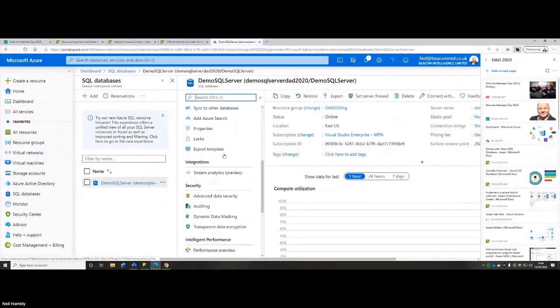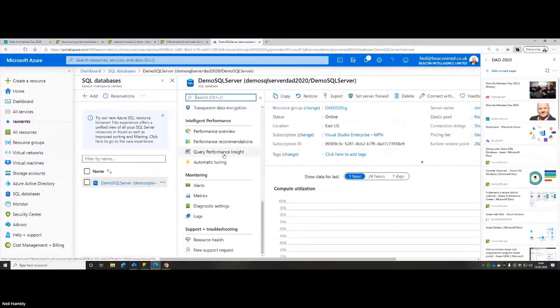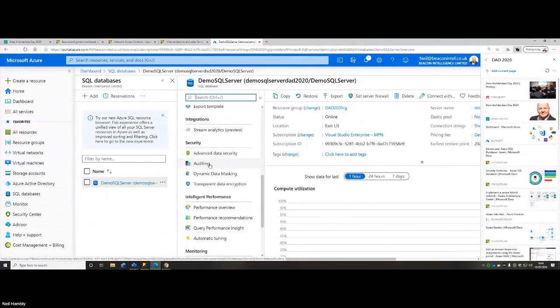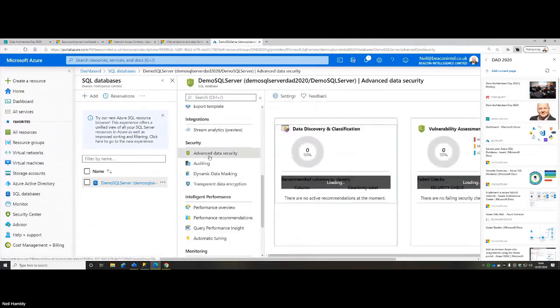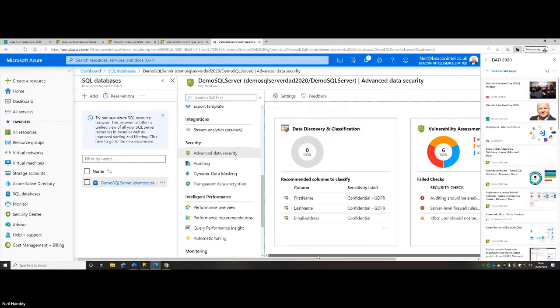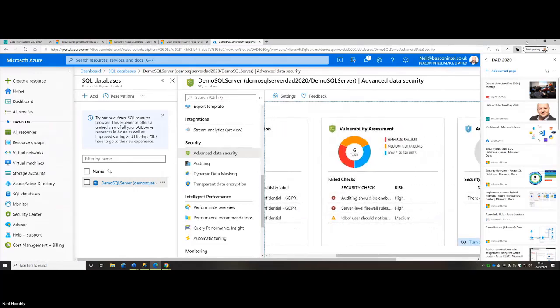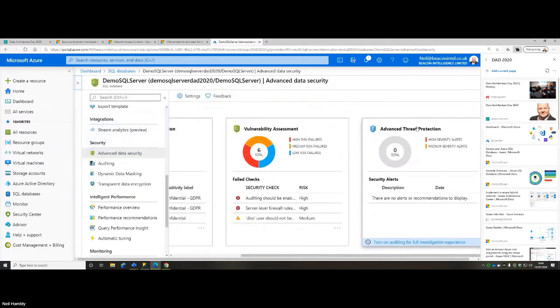But if I scroll down a bit further, you notice there's other things around, maybe like the advanced data security. So there's additional services we might want to put in play, like advanced threat protection, which may have answered some of the questions earlier. I haven't looked at the chat window, so I'm leaving most of those questions towards the end to go back and look at.